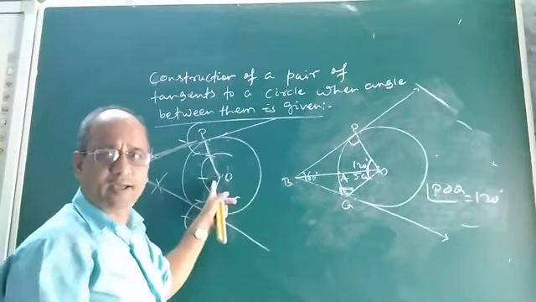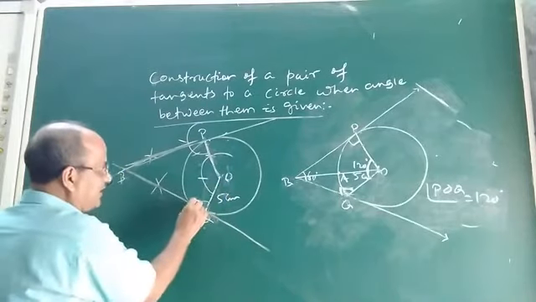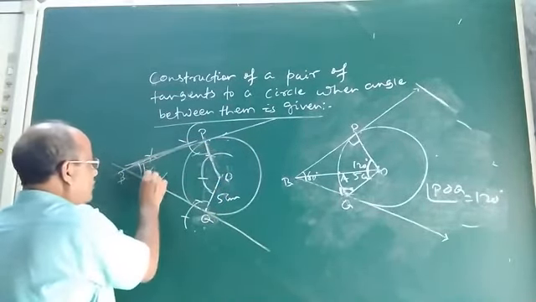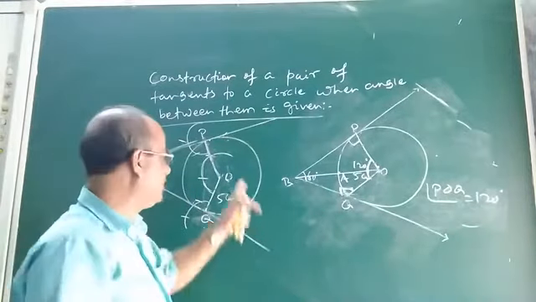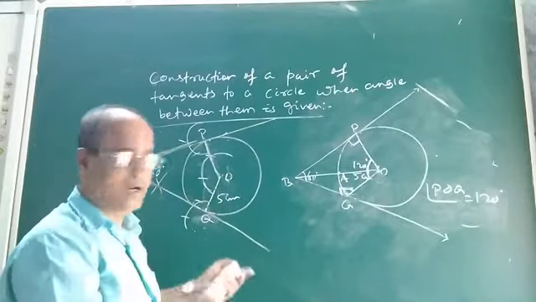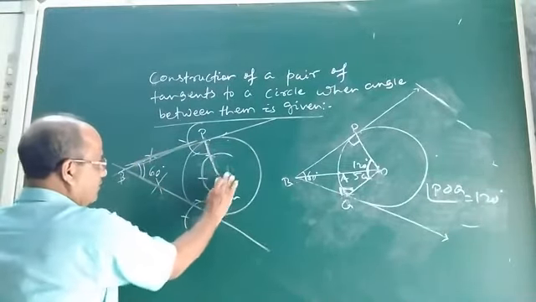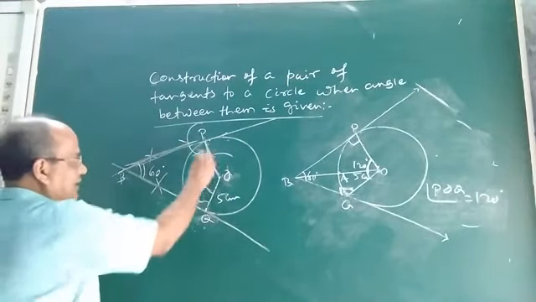Now we have to justify that the angle of inclination between them is 60 degrees. So you see, this is 90 degrees, this is 90 degrees, this is 120. So automatically this will be how many degrees? 60 degrees. Because 90 plus 90 is 180, 180 plus 120 is 300. So the fourth angle, this is a quadrilateral, see, O, P, B, Q. It is clearly a quadrilateral.